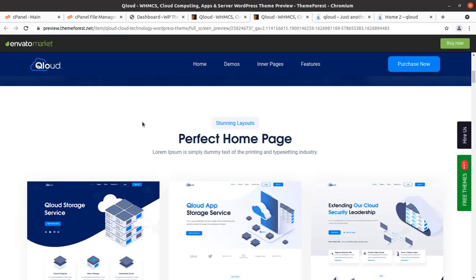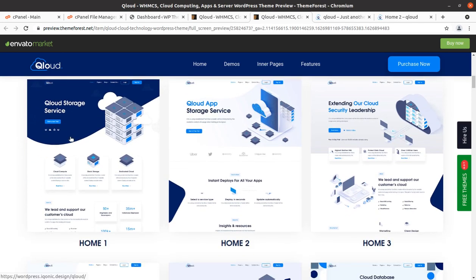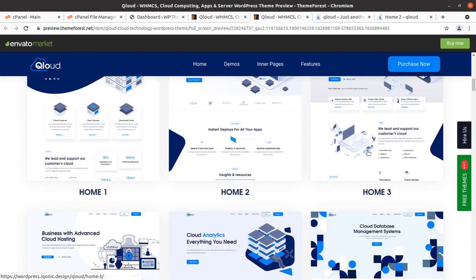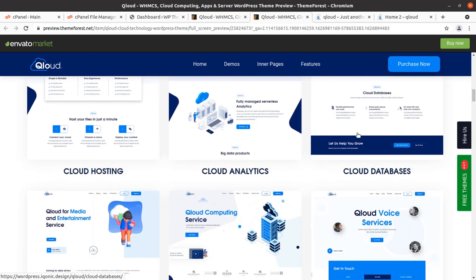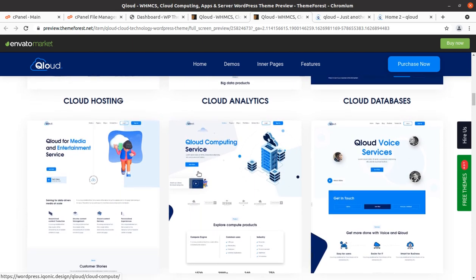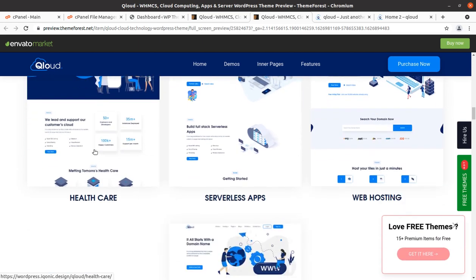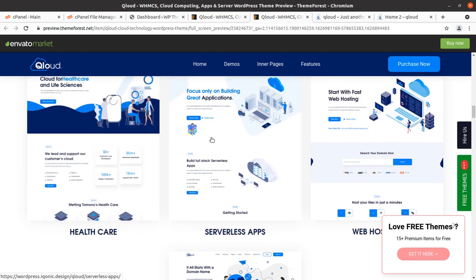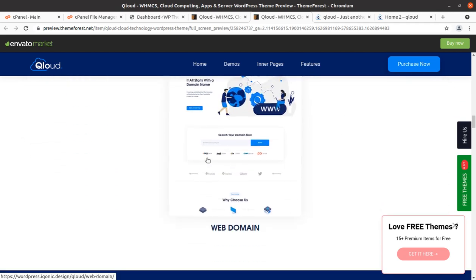In fact, QLoad has many demo websites, and perfect homepages already pre-built come with it: homepage 1, 2, 3, and cloud hosting, cloud analytics, cloud databases, cloud media services, cloud computing, voice services, and even healthcare, serverless apps, web hosting services and web domain.